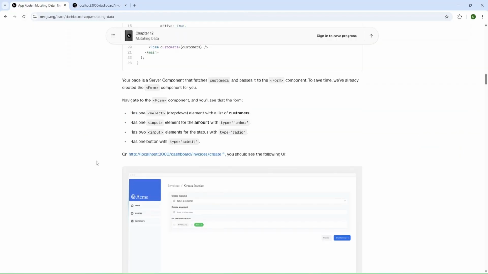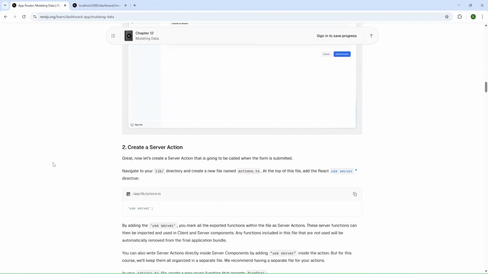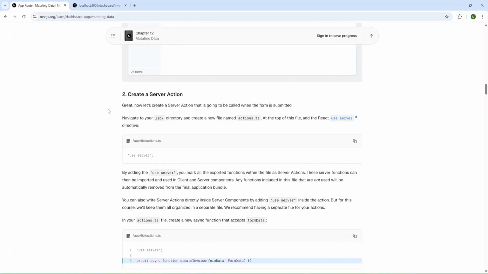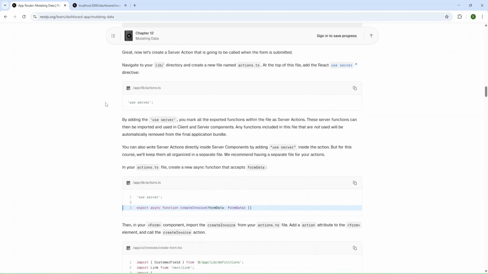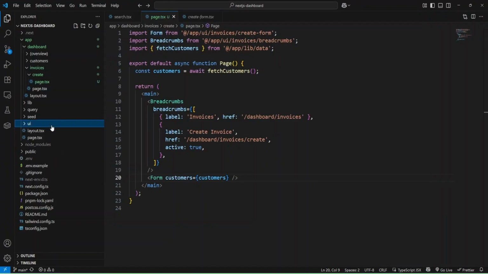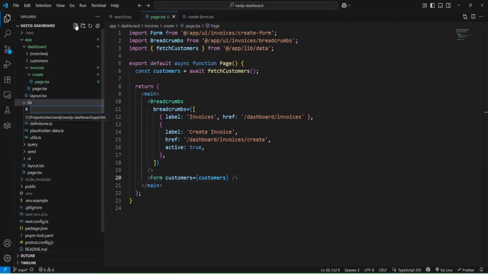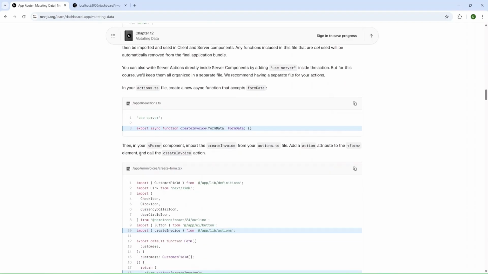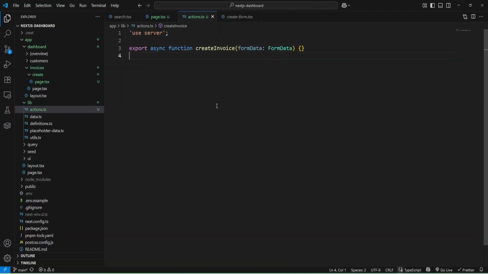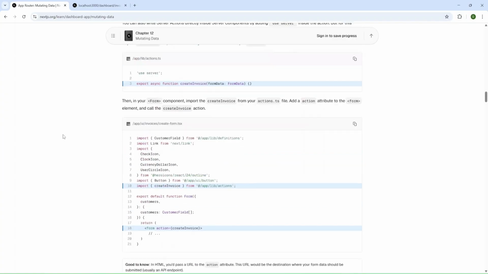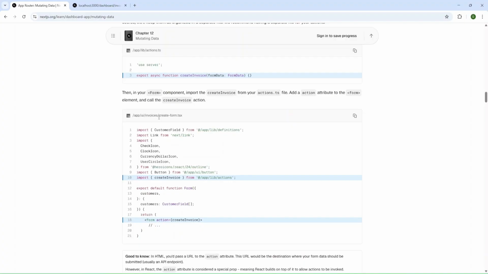And let's check. Okay, we saw this page, and now they propose to create a server action. Okay, and inside lib, we'll add actions TypeScript file. Okay, and let me go to lib and create new actions file, and I'll copy this code here, and let's see. And inside invoices create form, I'll copy my empty function for now.